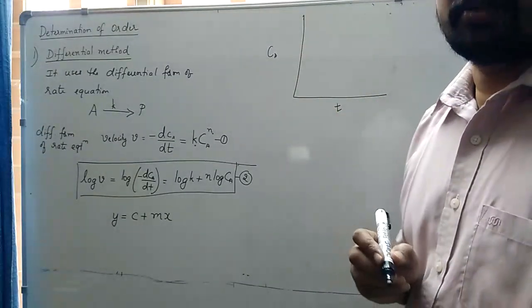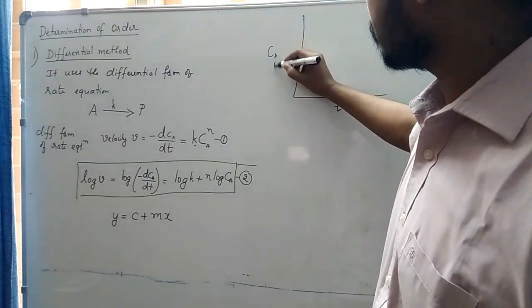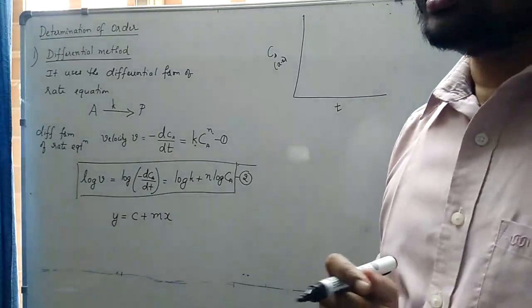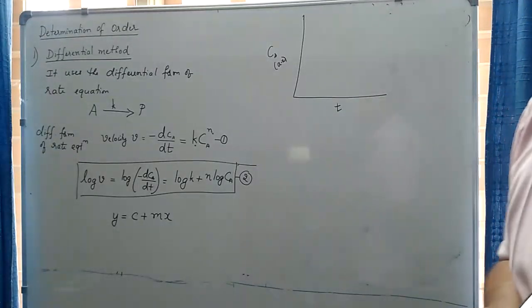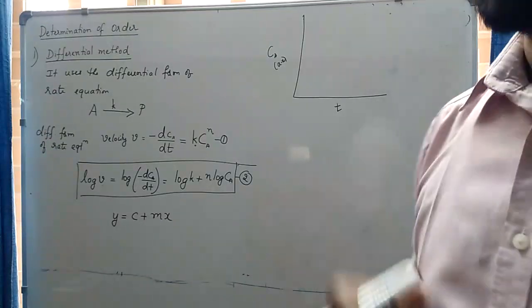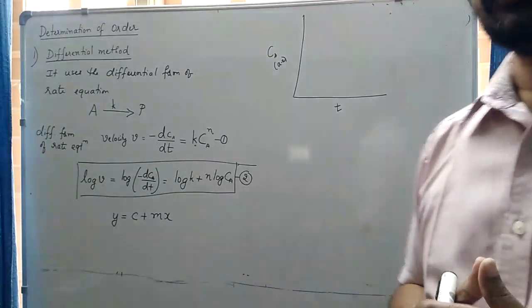Concentration of the reactant can be easily determined. What does CA represent? CA is nothing but A minus X, that is, the concentration of the reactant remaining unreacted at a time t, and you can find its value by different approaches. In your degree classes you have studied acid hydrolysis of an ester.